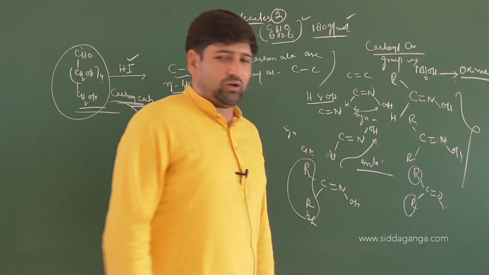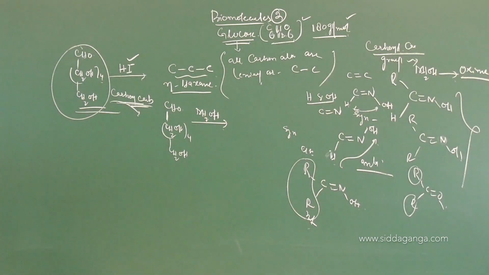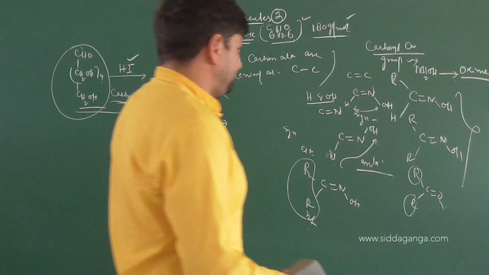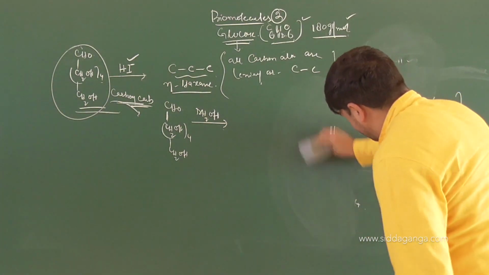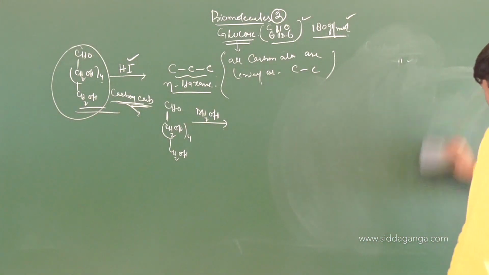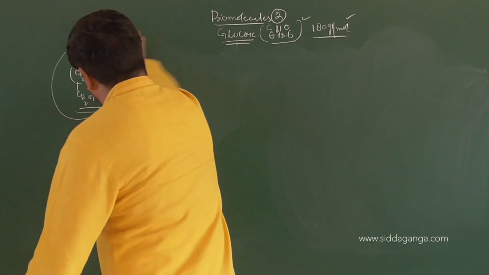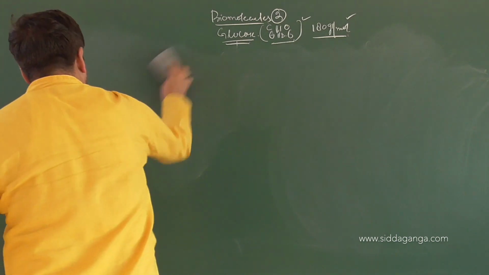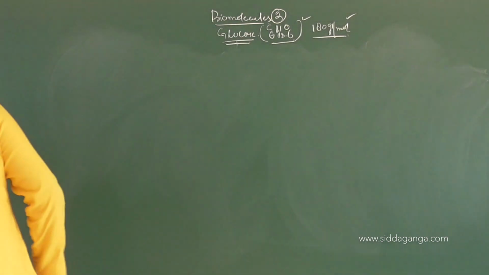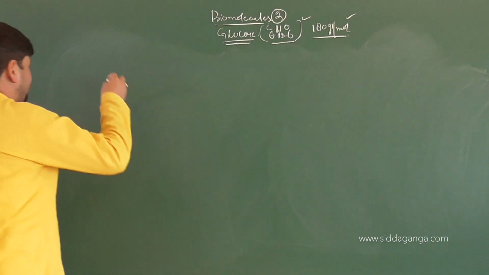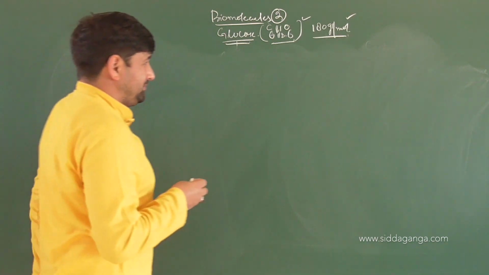Now, children, oxime formation is one of the properties which tells us that carbonyl carbons are present. When this glucose molecule, C6H12O6, was treated with hydroxylamine, we got an oxime, indicating the presence of a carbonyl carbon. So the reaction indicated here is oxime formation. Do you know the mechanism of how oximes are made? It's a very simple phenomenon.